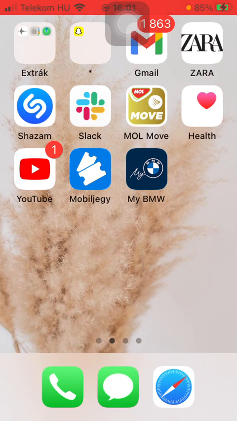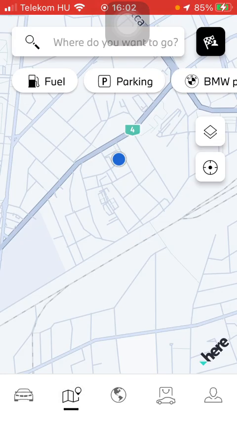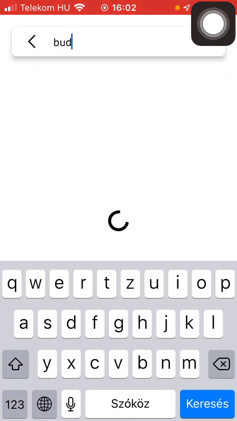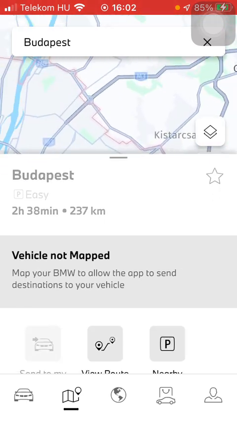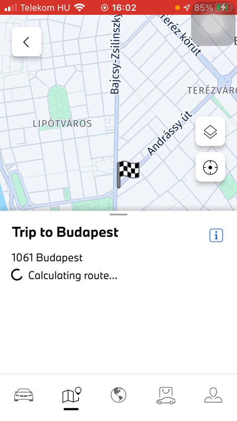Now let's jump into it. First of all, open the application on your phone. Then tap on this map icon down below, which is the second option. Here you can select or set your location, so tap on this "where you want to go" box at the top of the screen, so you can add your destination, and after that you can either view route, so tap on it and you can create a trip to